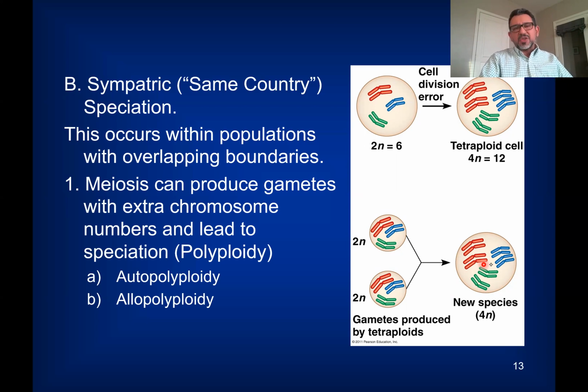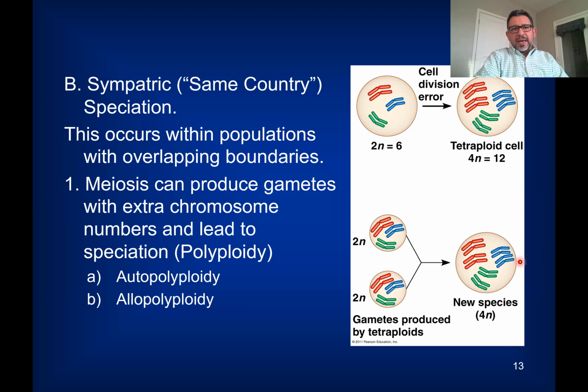When do we see this? It's usually going to be with plants. For example, we have a commercial domesticated species of wheat that would have been the result of an autopolyploidy. Auto means within itself, like a population of wheat plants within itself had this type of mitosis and then meiosis error that led to the making of modern species of wheat, which have extra sets of chromosomes.